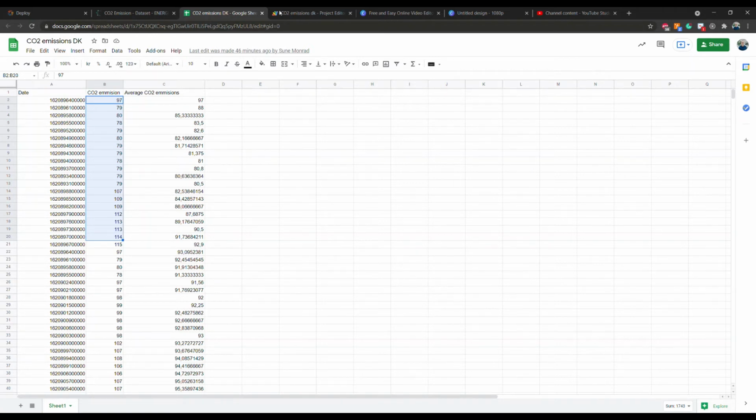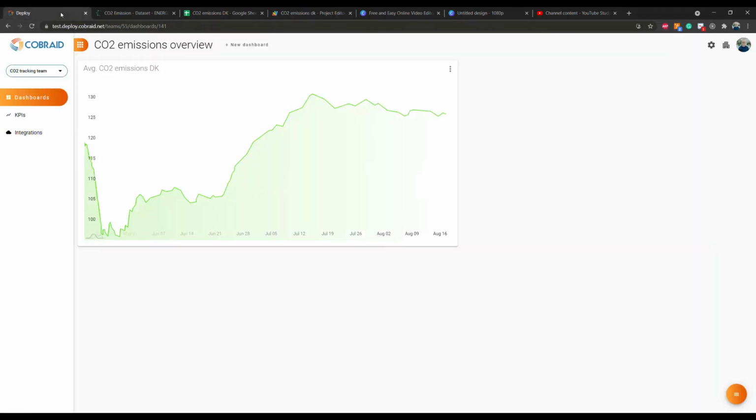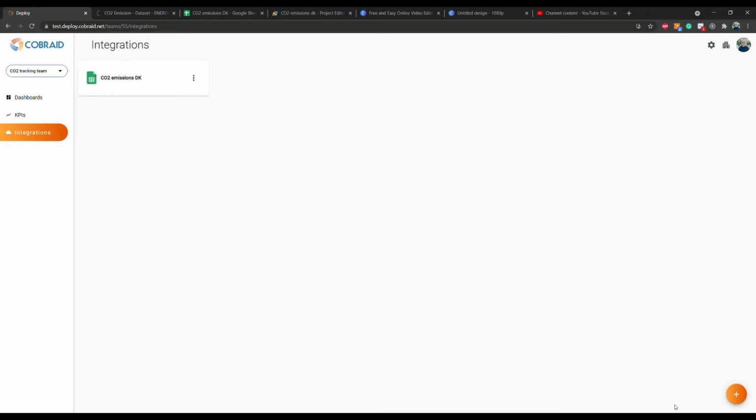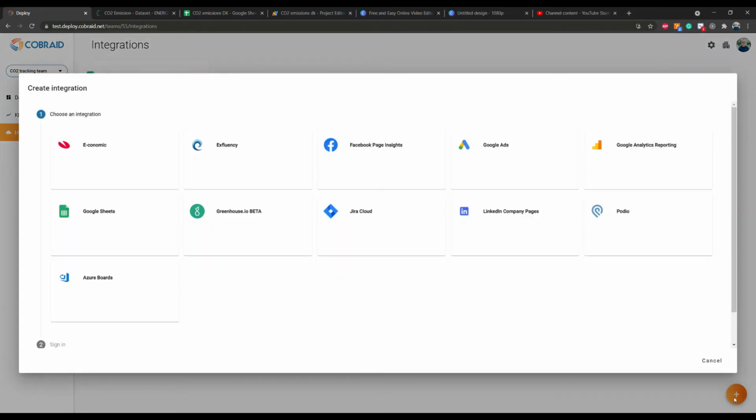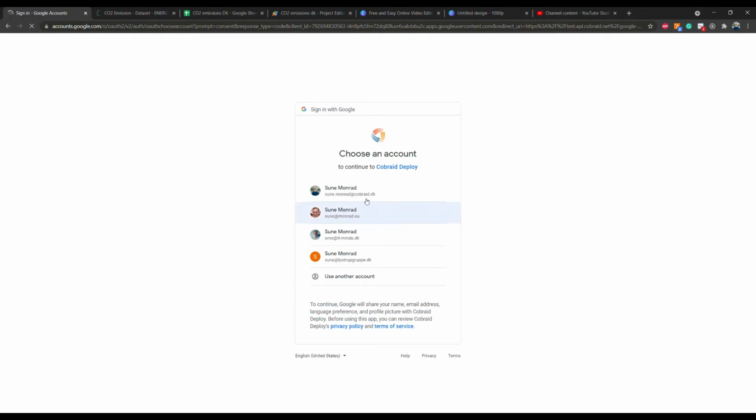And it's very cool that we can use built-in Google Sheets functions. So when that is done, we just need to import data, and we can do that using the Google Sheets integration in Deploy if we want to use the data there. We just need to sign in. That could take a little bit because Google is not always the fastest to sign in and all that, but I will get my account here